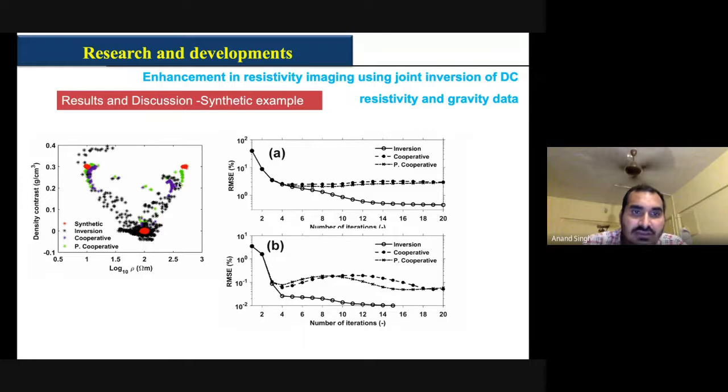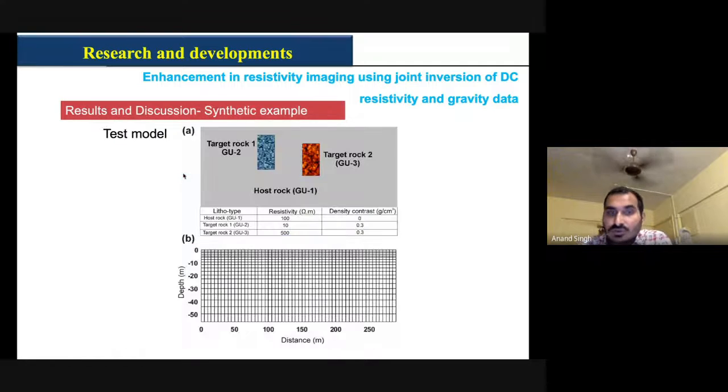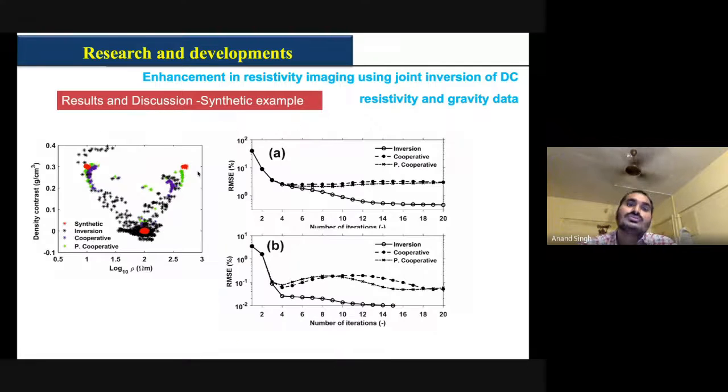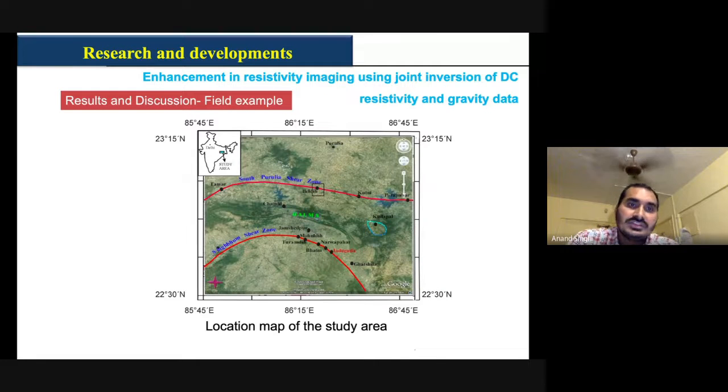To be more precise, this is the machine learning value you get when you assume that this physical property value is known to you a priori, then this greenish color comes closer towards the answer. And this is the result we got, which was very encouraging. We reported this result in a journal also. Now, with this encouragement, we are going to utilize this architecture for improvement on the field data set.